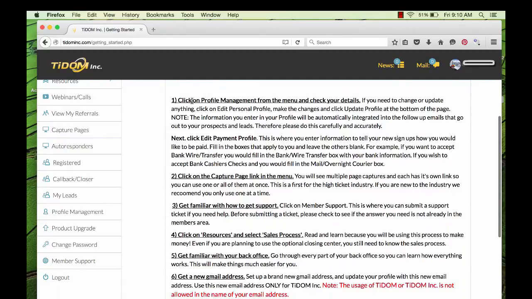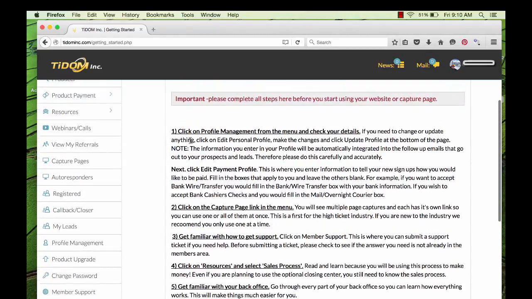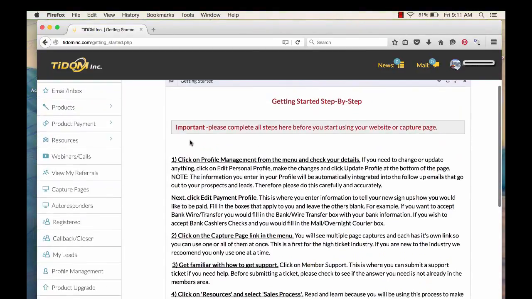So the first thing that you need to do is click on your Profile Management tab, and you're going to want to update any of your personal information and make any changes, and then update the profile at the bottom of the page. And your profile will be automatically integrated into the follow-up emails that go out to your prospects and leads. Therefore, please do this carefully and accurately. So you come over here to your profile,